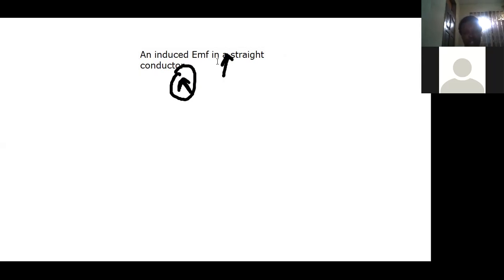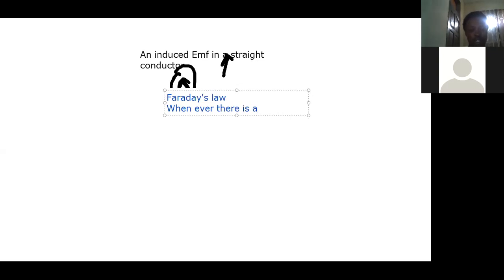Faraday's law states that whenever there is a change in magnetic flux, or lines of force, linked